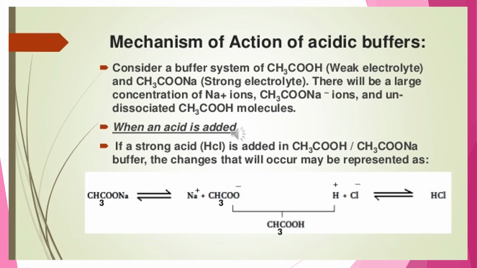There will be a large concentration of sodium ions, acetate ions and undissociated acetic acid molecules. When a strong acid, HCl, is added to the acetic acid and sodium acetate buffer, the changes that occur may be represented as: